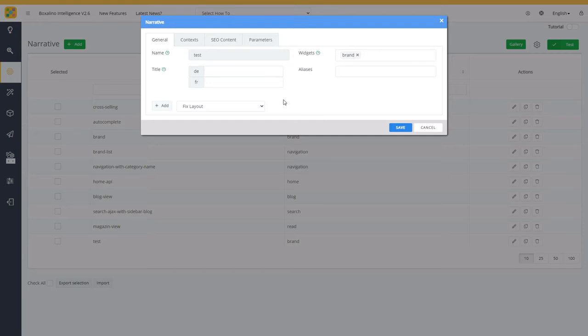But now we get to the actual real center of what the narrative is. And the narrative is a layout. So it's a configured layout for a certain page. So if we go, for instance, to the list here, it's either a fixed layout, a conditional layout, or a reference. We will not really check the reference. The reference is just a way that if you don't want to copy layouts that are always the same in many places, you can create it once, and then you can